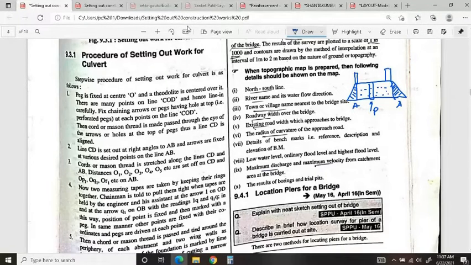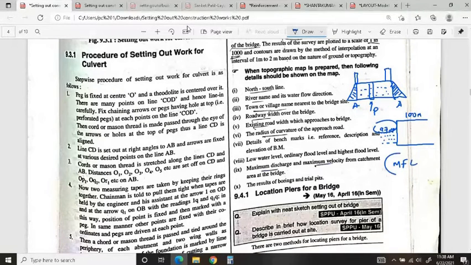Say if I draw the cross section like this, and the water level is around RL 97 meters, then my bridge top should be around 98 or 100 meters. The difference should be a little bit greater, meaning it should be greater than the maximum